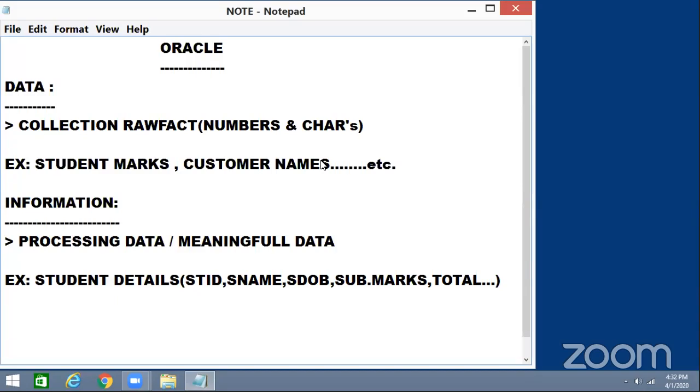Okay, so these are basic terms we find out here. And now we will see in our real-time industries, whatever the data is, whatever the information is, if I want to store this data or information, what kind of storages do we have in real-time industries? There are a few data storages available in real-time industries. We will check them now.